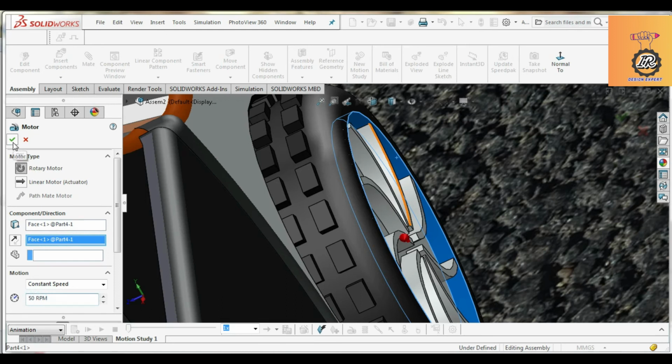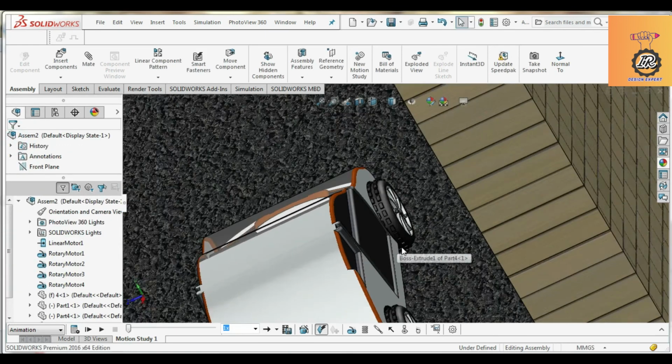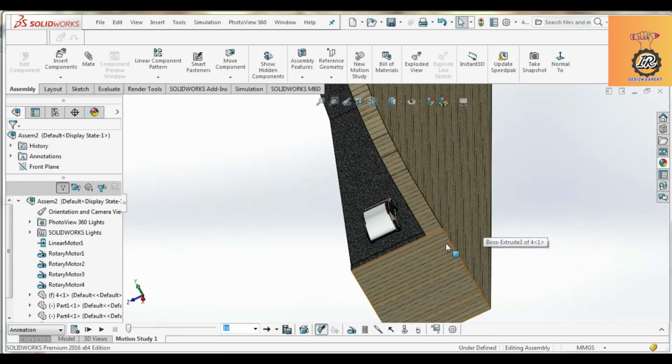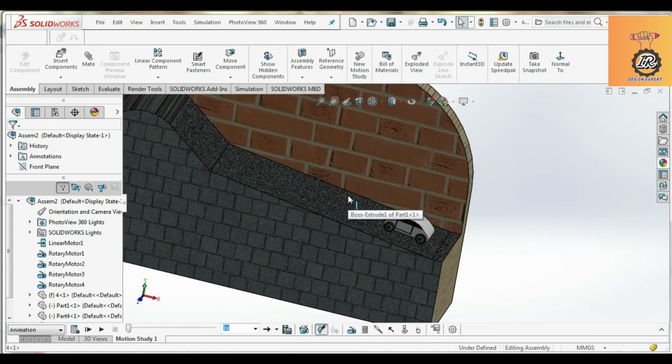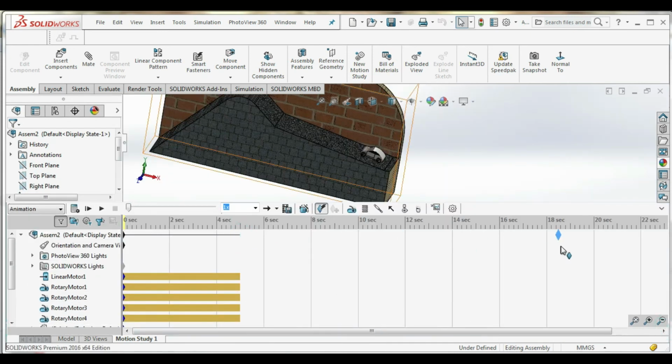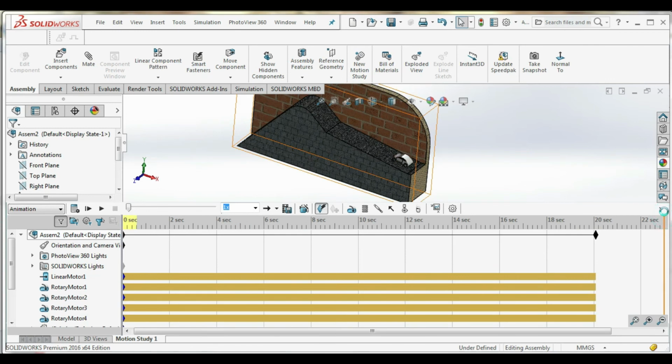Okay, I should change the rotation angle. I should check that all the motors are at the same angle. Okay, now we can calculate. Before that we can increase the time.